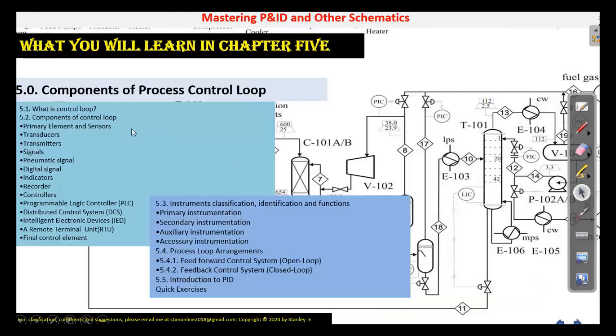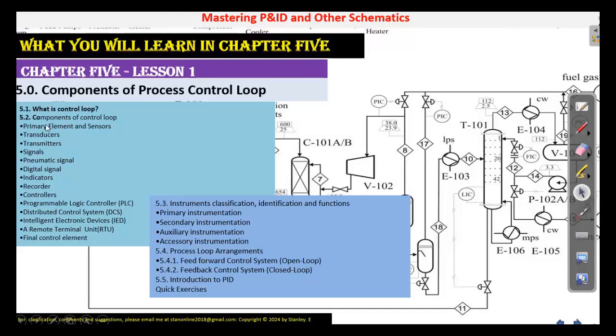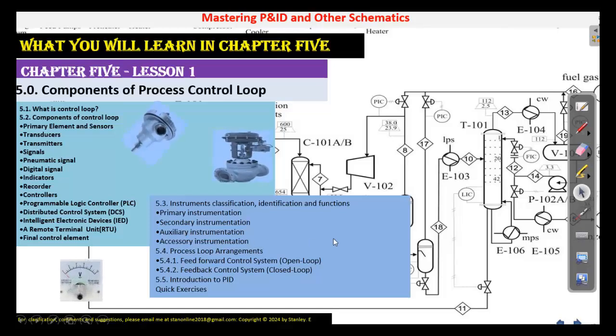In chapter 5, we are going to be looking at components of process loops. What is a control loop? Components of a control loop. Primary element and sensors. Transducer, transmitter, signal, pneumatic signal, digital signal, indicators, recorder, controllers, programmable logic controller, distributed control system, DCS, intelligent electronic devices, IED, remote terminal unit, RTU, final control element, instrument classification, identification and functions, primary instruments, secondary